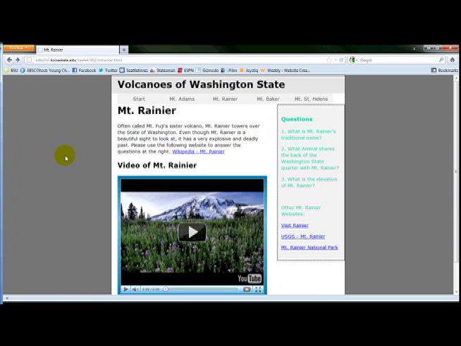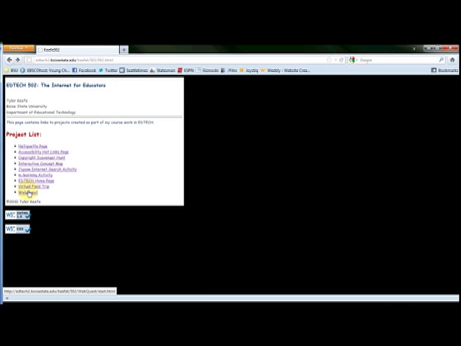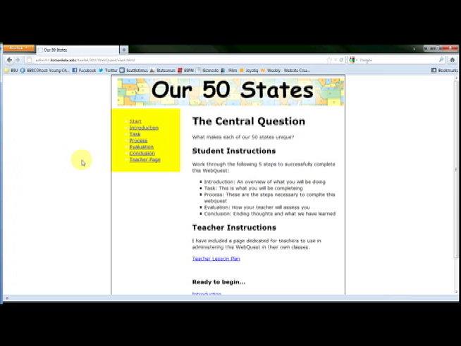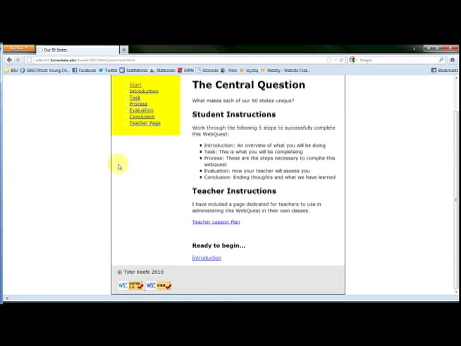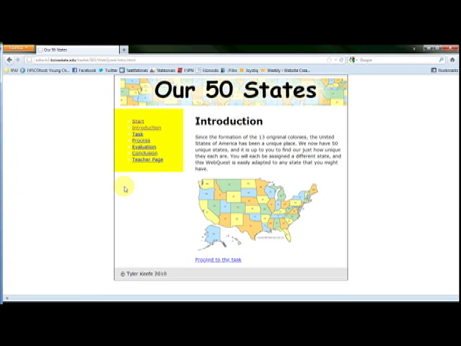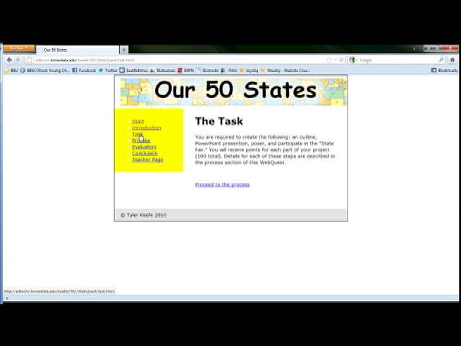And the last thing, let me get back to my page, we had to create a web quest. And this one here, we like to have a state fair in the fifth grade. And this is just a way to guide them through it, guide the other teachers through it, as I have a teacher lesson plan available for them and the introduction for the students as they go through it. It has the tasks completed for them